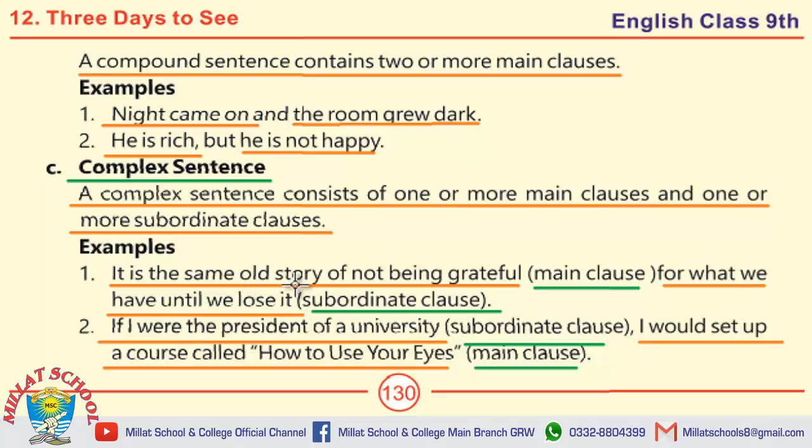कि complex sentence में एक या एक से ज्यादा main clause और एक या एक से ज्यादा subordinate clause पाई जाती है. Compound sentence में दोनों ही main clauses होती हैं और simple sentence में तमाम जो main clauses होती हैं वो as a simple sentence use की जाती हैं.